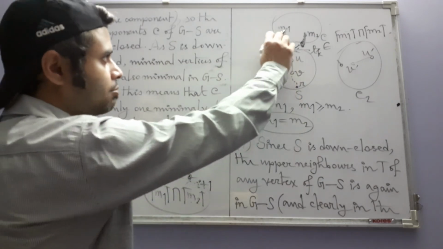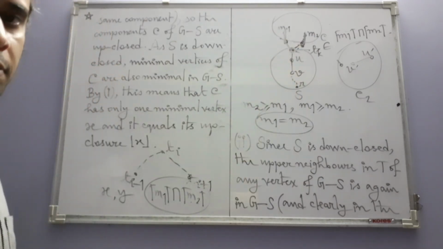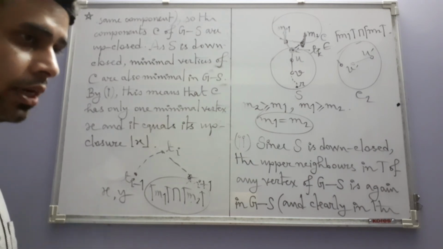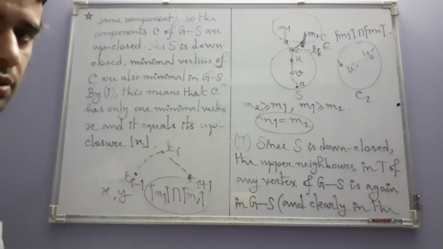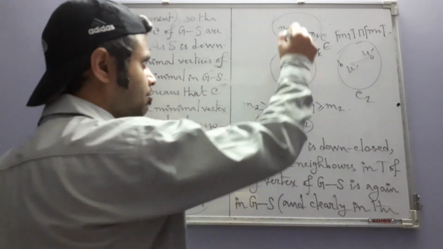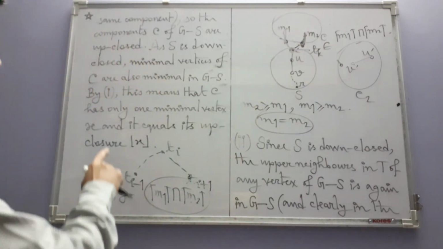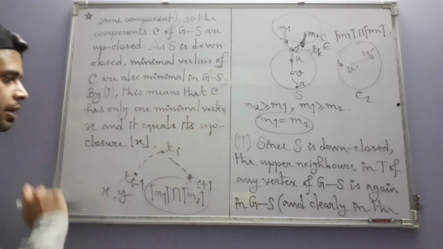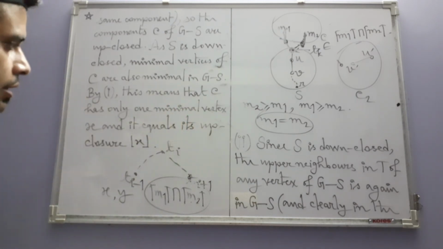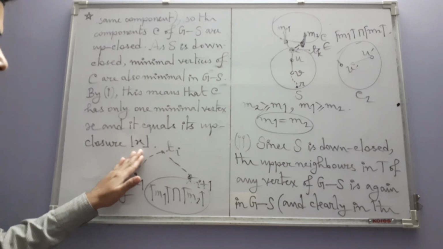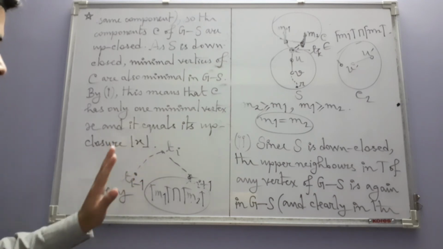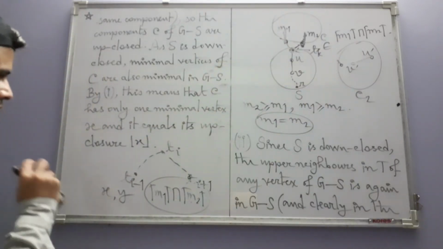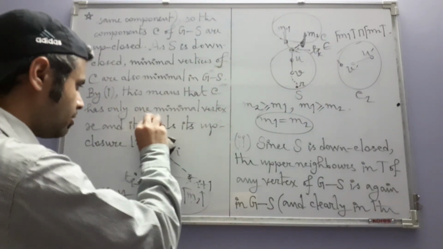So how are M1 and M2 linked in C? So distinctness of M1 and M2 would create this impossible situation. So that's why M1 and M2 cannot be distinct. This means that C has only one minimal vertex and it equals its up closure. No. C does not equal, this I was right in guessing that this is wrong. Does not equal,